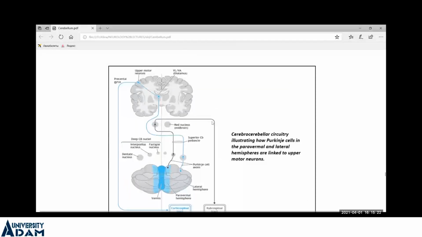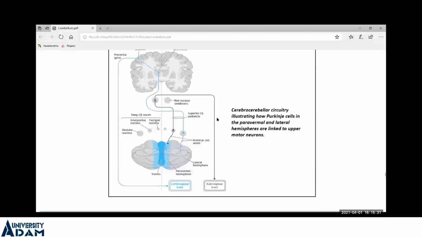Okay, so you can see here cerebrocerebellar circuitry illustrating how Purkinje cells in the paravermal and lateral hemisphere are linked to upper motor neurons. And also, as you remember, guys, we said that the cerebellum controls the body balance and is attached to the muscles only with help of the, hmm? Guys, only with the what? With the